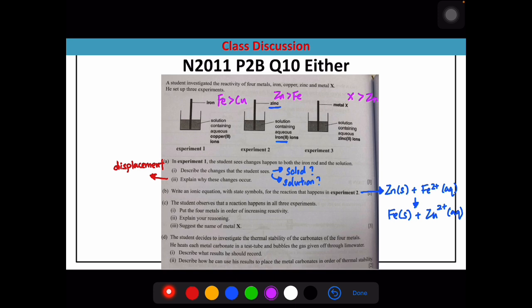Okay, so that will help you to understand better before we go on to the answer key later on. Part D, thermal stability. Now this was the one that was just reintroduced about thermal stability of the carbonates of metals. So just to recap, basically, the more reactive the metal,